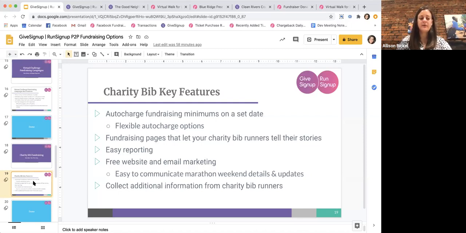We have the free website capability, which is available for all these things, but I do like it a lot for these charity bib fundraising events. Because you can communicate information about the marathon weekend really easily, and you can also do that through our free email marketing platform. The reason it's nice to have people who are doing your charity bib go through a registration path